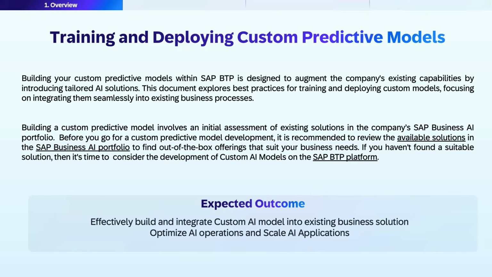Before deciding to build a custom AI model, it's recommended that you first review the SAP Business AI strategy and its portfolio of out-of-the-box offerings to find a solution that suits your business needs. If you haven't found a suitable solution, then it's time to consider the deployment of custom predictive models on the